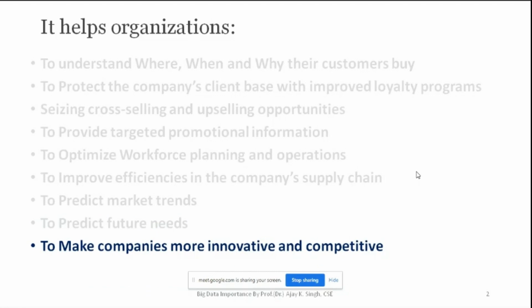Now, coming to the next one: to make the company more innovative and competitive. Obviously, if I'm going to make some product, my product has to be unique as compared to other products, then only the customers are going to be inclined to that product, isn't it? So it must be innovative. You're supposed to bring some new aspect, new thing, new feature. Then only the customers are going to be inclined towards your product. And at the same time, it has to be competitive, because it is not a very easy task to compete in a particular scenario. You may reach the top, but staying at the top is really very tough.